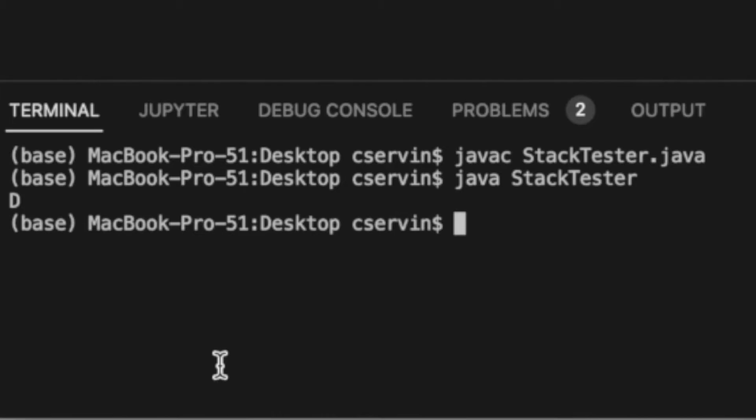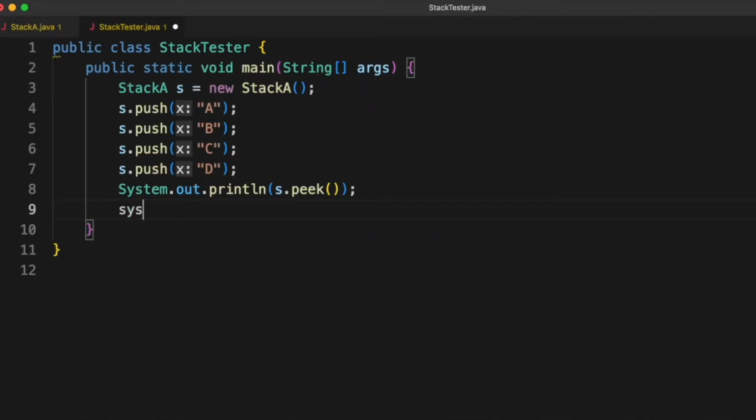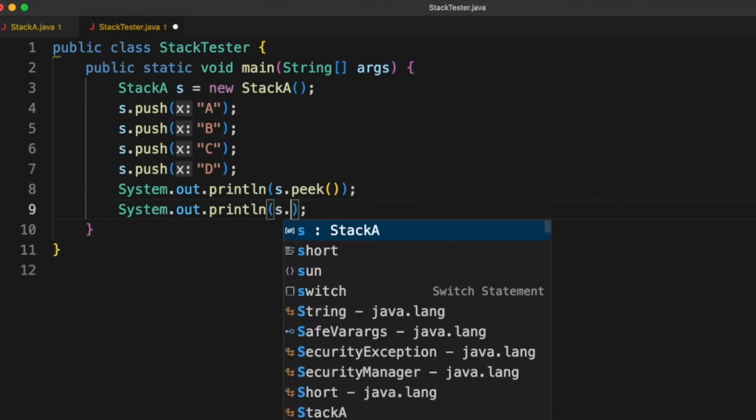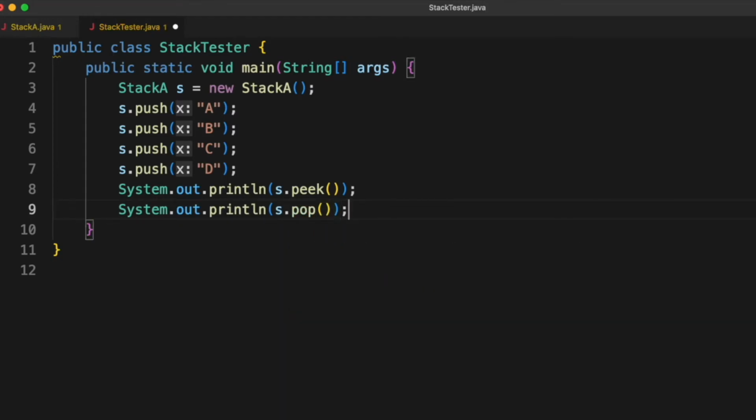As you can see, we got D, because that's the last element to get pushed. How about if it's pop? Let's System.out.println s.pop. What are we expecting from here? Well, we're going to retrieve whatever is on line 8, the top of the stack, which happens to be D